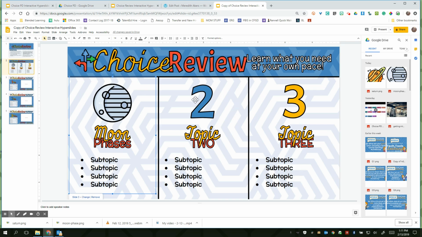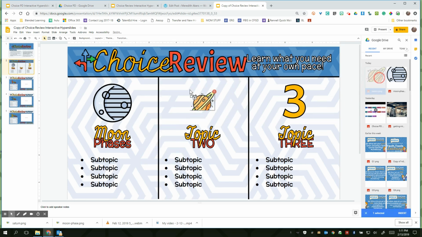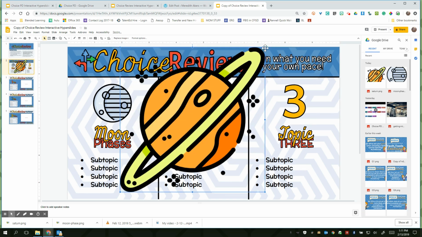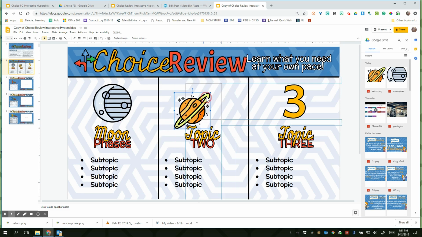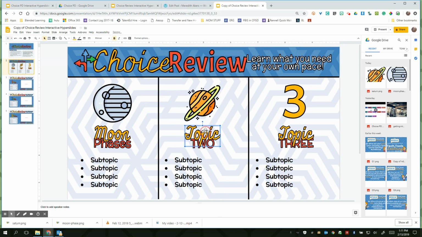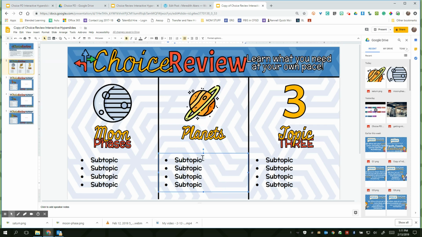So as you can see, I could change out topic 2 the same way. I'm going to move this box off to the side. I'm going to delete topic 2. I can pull in a planet and talk about the planets in the solar system next. So then, change this to planets. And I don't even need a second. And then I could change my subtopics to the gas giants, the rocky planets, however I want to divide that up. You don't even have to use the subtopics. I just like students to be able to see. Sometimes they think, oh, I know all about that, until they see,